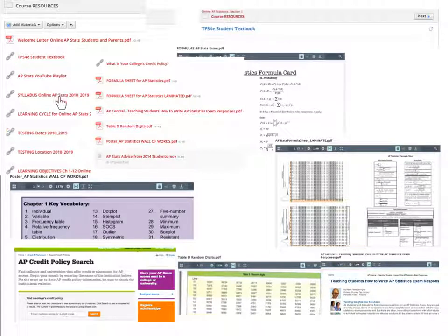You can always find the syllabus online, the 1-page review of how the learning cycle goes for each chapter. We will talk about the testing and when you need to take a summative test for a chapter, what those testing dates are and where you go for testing. This is where some of that information is. And then you're going to find some other general information that we may reference throughout the year. The formula sheet right here, you do have a copy at the beginning of the year, but you can always